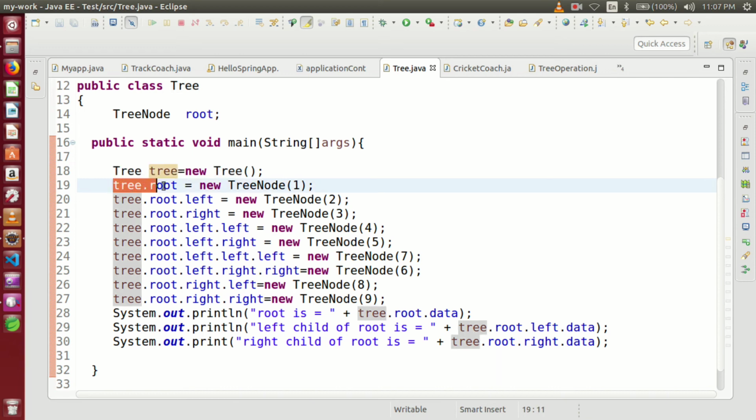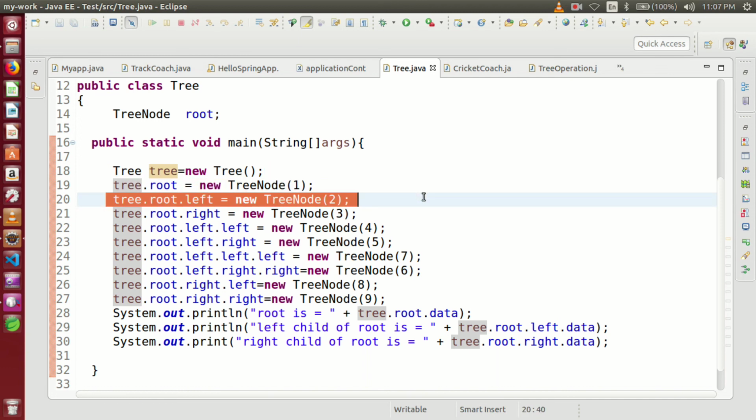First we will create our tree node of 1. We pass the data as 1. One new node will be created with the data value 1, and left and right child will be null initially, and we assign this node to root. So our root is created with the data value 1. After that we will create one more node with the data value 2 and assign it to root dot left.